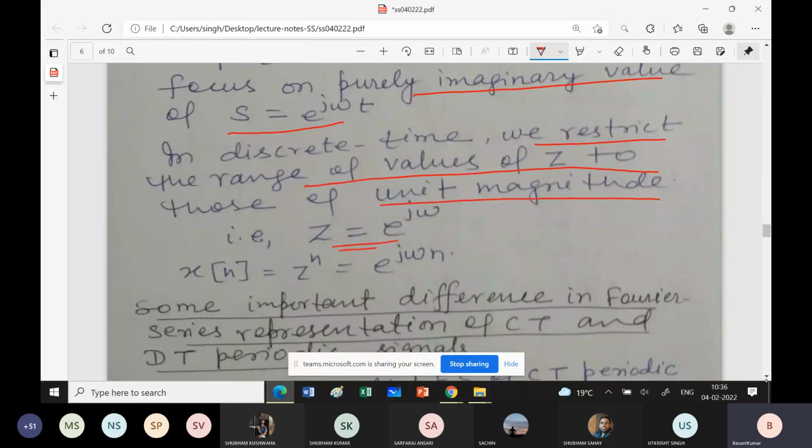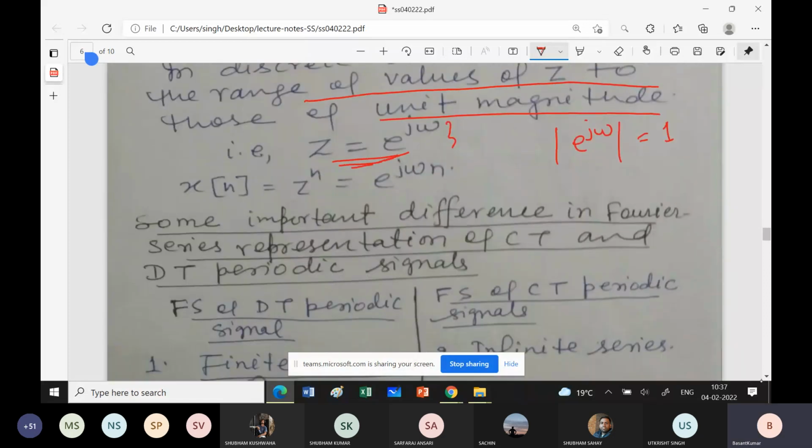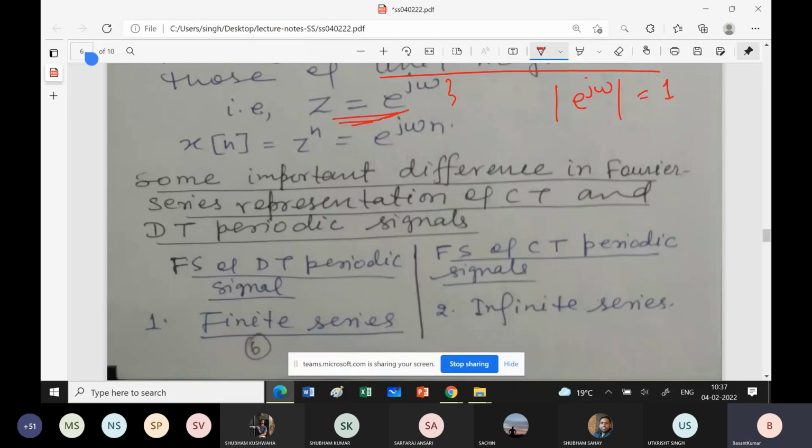अब यहाँ पे देखिए z जो है वो क्या है, e to the power j omega, जिसका एम्पलीट्यूड यूनिट है, क्योंकि इसका आप देखोगे, this is of unit magnitude, ठीक है, ये 1 होगा। तो यहाँ पे हमारा ये रिस्ट्रिक्शन है कि e to the power j omega, ये z की वैल्यू, ये यूनिट है। ओके, नाउ अब क्या है कि हमने क्या किया था कि भाई अभी तक